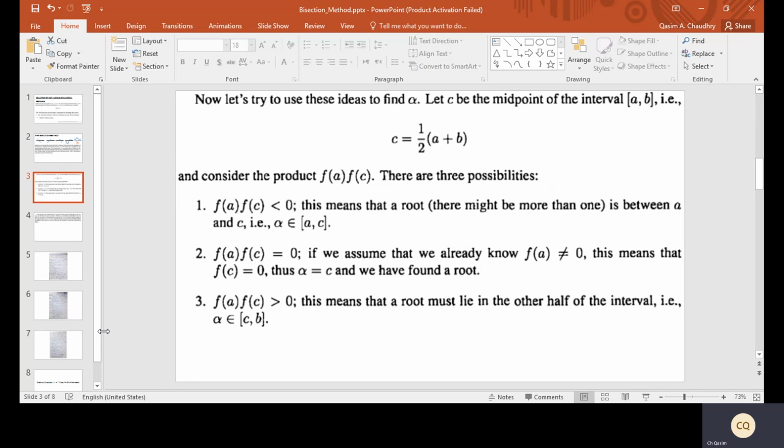The drawback of this method is that it is basically a slow process, and it takes a lot of time. So students, what it says is, first of all, you have to find out the